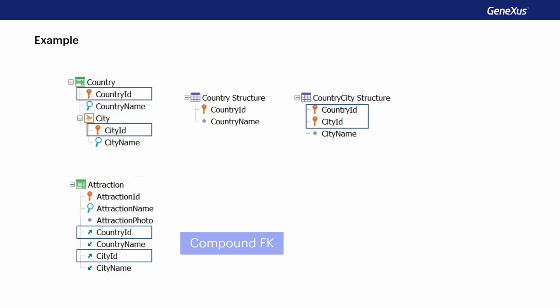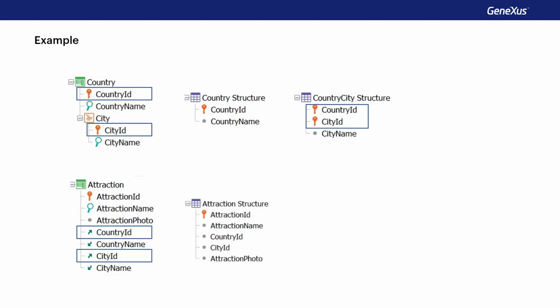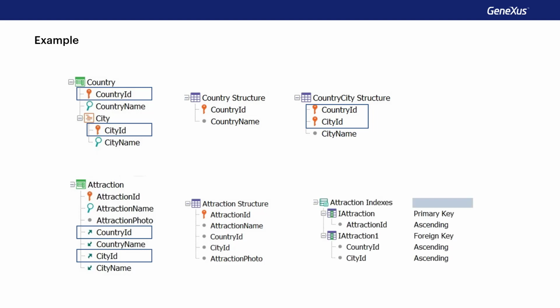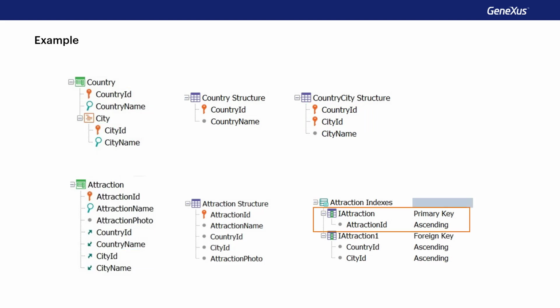As for the structure of the attraction table associated with the attraction transaction, it's the one that we're looking at. In addition, Genexus will also automatically create the following indexes: the primary index by attraction ID, and the foreign index by the attribute pair country ID, city ID.